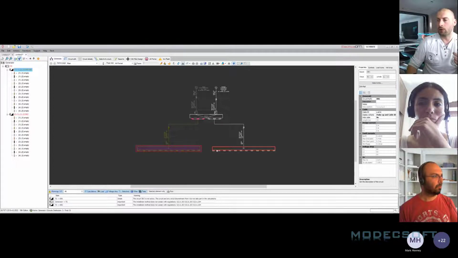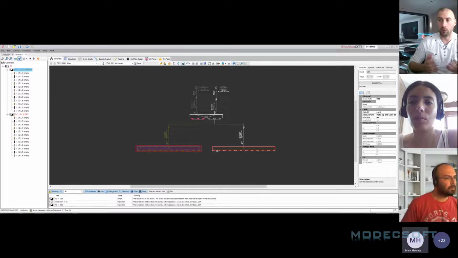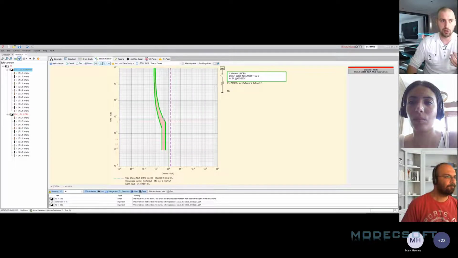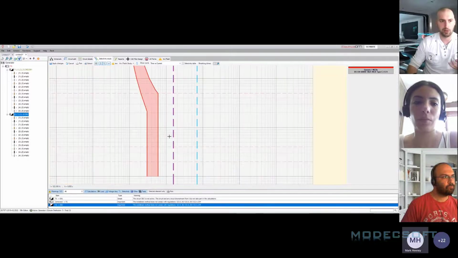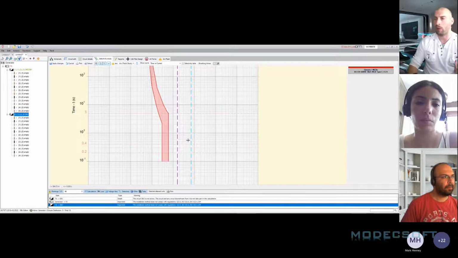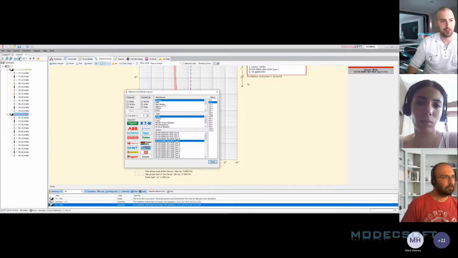Well, that depends if you're in overcurrent or if you're referring to fault current levels at that point. If it's fault current levels that worries me... Yeah, you would have to do a selectivity study to identify any particular issues you might have downstream. So here we can see all my fault levels are way past my protective device, so this device will operate. But if I had a much larger device in here with these fault levels,